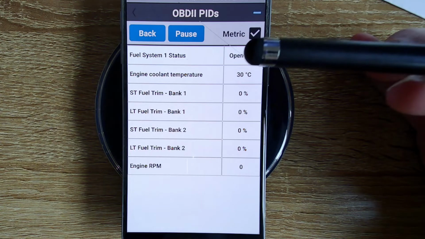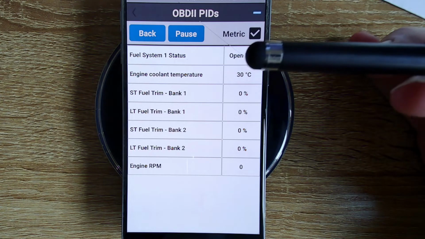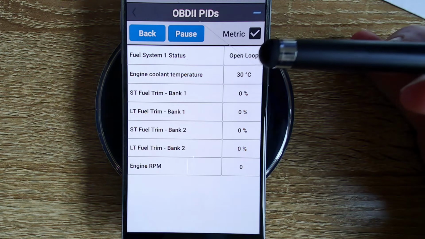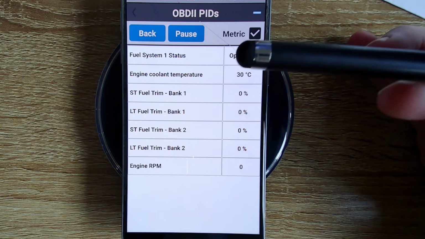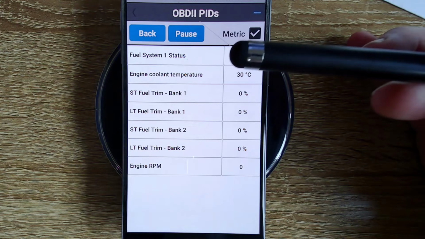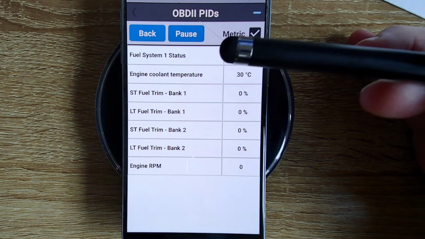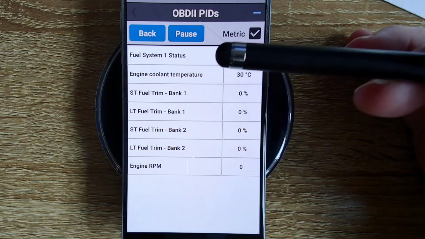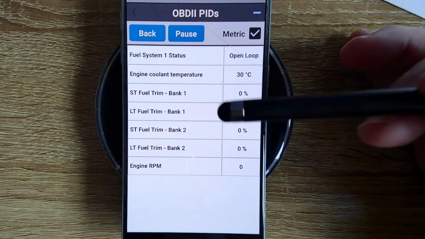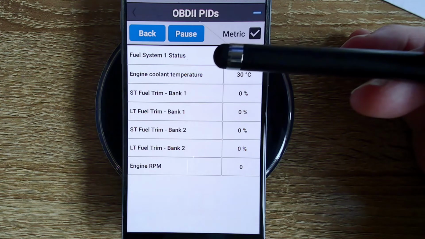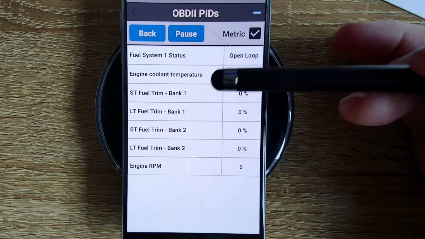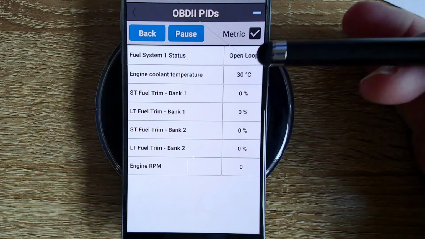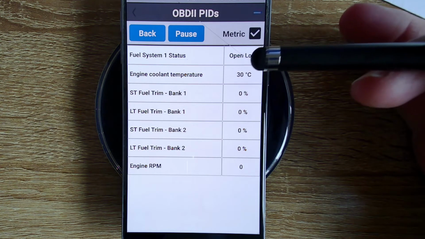But I noticed on my girlfriend's Lexus, which is an ES350, so it's basically a Camry V6, it has two fuel systems. And I read in the documentation that the fuel systems don't necessarily correlate to the banks. I'm pretty sure if you have two fuel systems, one is for one bank and one is for the other, but there was some kind of caveat that that's not necessarily the case. Anyway, the two cars, my Chevy and my Ford, have one fuel system and they're either closed loop or